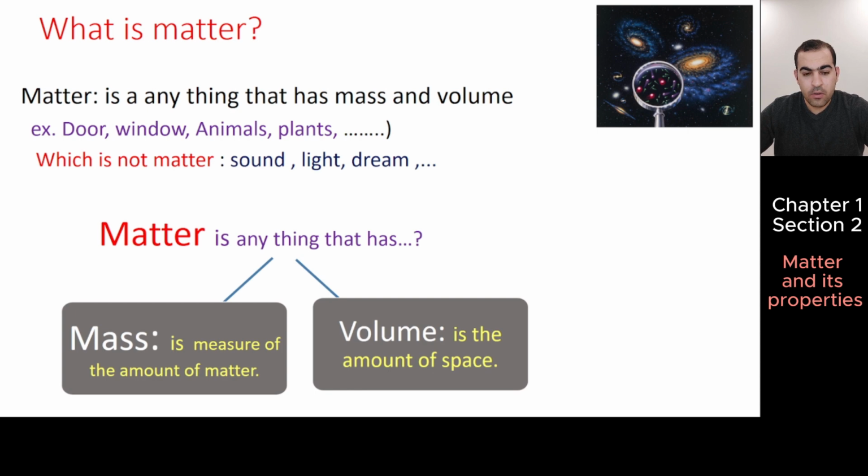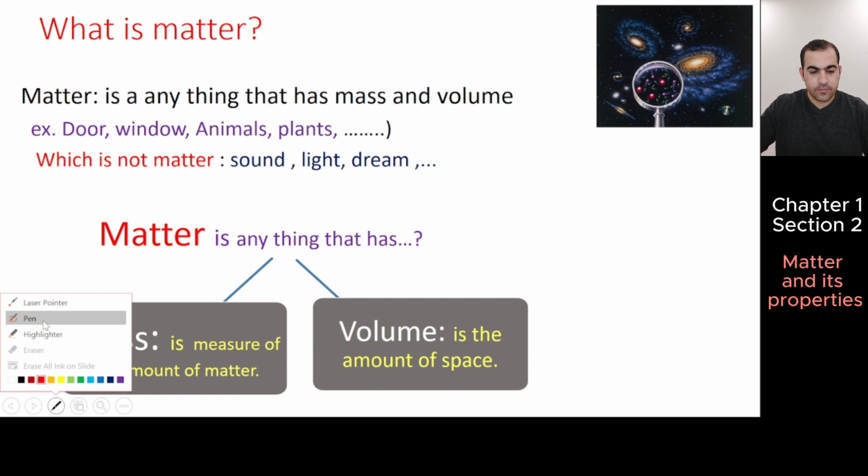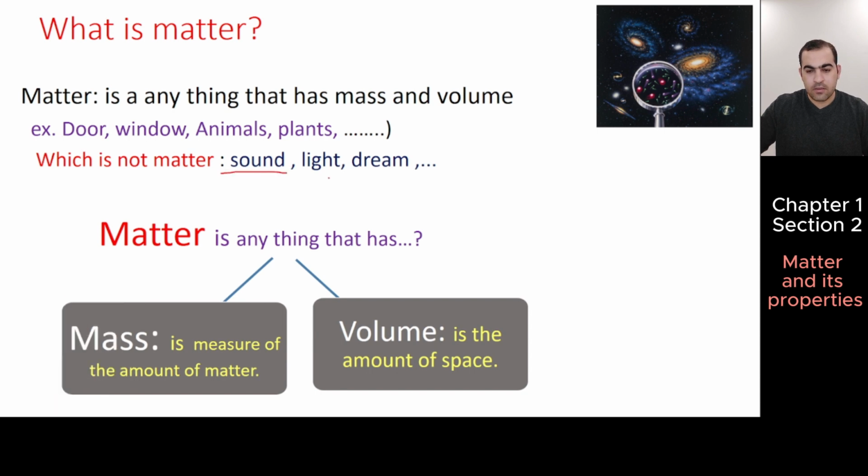So what is matter, for example? Door, window, animal, plants, anything that you see in your room, we can say it's matter, because anything that takes up space and has an amount, a mass, we say it's matter. Okay, which is not matter? Sound, dream, light, we say they are not matter because they don't have